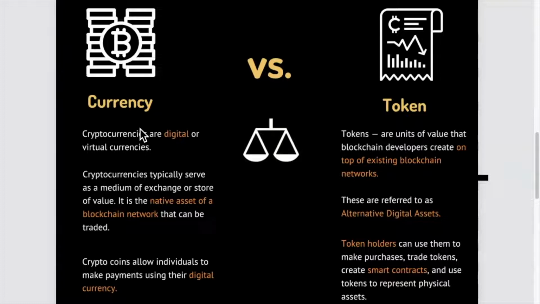The word tokens are a bit deceiving because tokens generally are treated as a form of money. So if you go to an arcade and you try to spend tokens, they'll allow you to play games inside of that arcade. So that's closer to what a currency does because you can only use that currency inside of the network, which is the arcade, and you get a specific thing, which is an exchange of value. I give you a token, you give me a certain amount of time in the game.